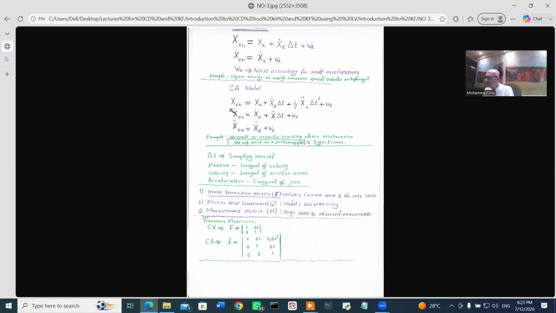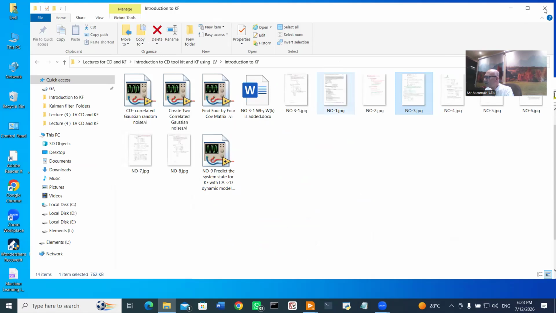These two models are frequently used, and the engineer or the designer has the choice to select either this model or this model depending on the situation. How he selects that we shall know just now. So let us go back to our